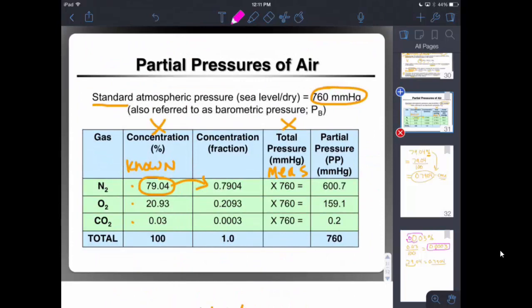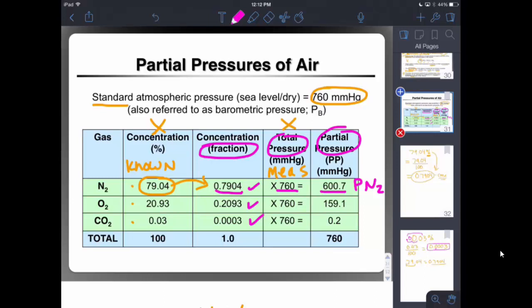Alright, so the fraction for nitrogen is 0.7904, for oxygen is 0.2093, for CO2 is 0.0003, and now all you do is simply multiply its fractional concentration by the total pressure, and it gives you the partial pressure of that gas. So 0.7904 times 760 is 600.7. And so the partial pressure of nitrogen in this mixture is